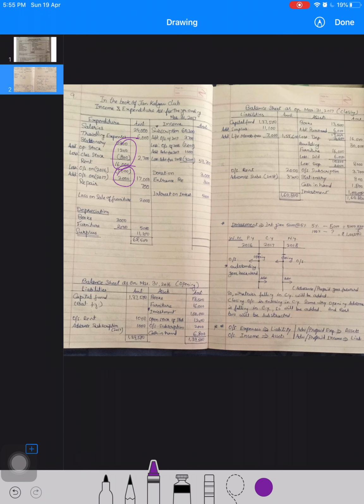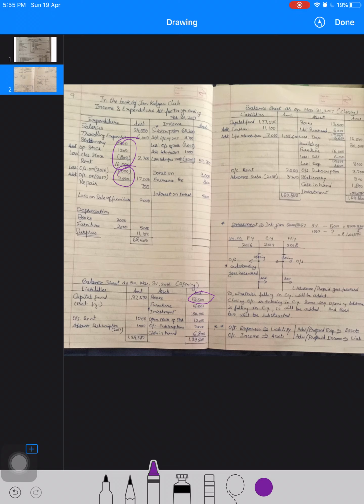Then repair, write as it is. Books purchased 6,000. If you can see here, 13,500 and 16,500. This is the opening stock of books, so it will go in the opening balance sheet, 13,500. Now this is the closing balance, 16,500, so the closing balance will go in closing and the opening balance will go in the opening balance sheet. And there is a book purchase also, 6,000. First, the opening balance sheet 13,500, you will write down in the opening